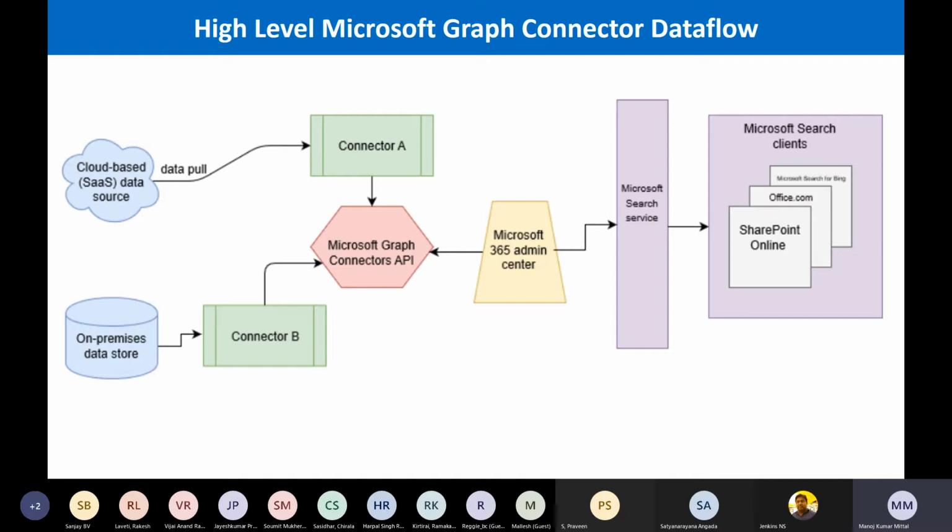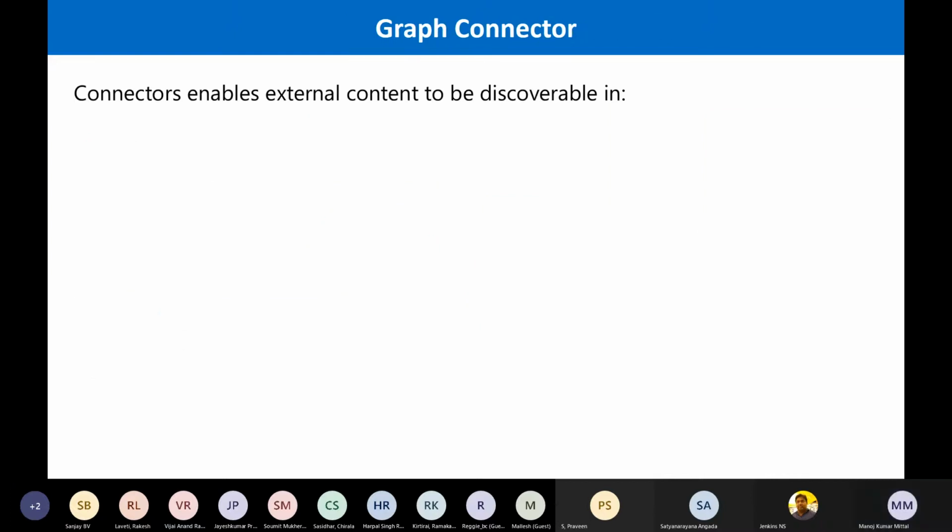In this demo, I'm going to take DevOps as one example. My organization has DevOps, where I'm creating a lot of tasks, and I want to crawl those tasks because they exist outside M365. They're not in M365; they're in Azure somewhere in the public cloud. So I want to crawl those tasks and see how we can view them in the results. I will do that end-to-end demo here.